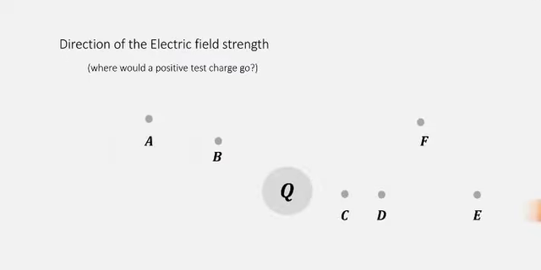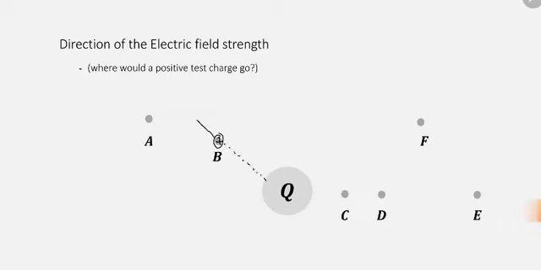So since we have a vector, we have to deal as well with the magnitude and the direction. Diba? The magnitude you can get from those two formulas. Pero saan ko ituturo yung aking vector arrows? So we have several points here. Let's assume na maglalagay ako ng same test charge on all of those A to F positions. Saan ako tuturo? Ang sabi dito, where would a positive test charge go? Yun yung convention. Ang direction ng arrow will be kung saan pupunta yung isang positive test charge. For example, kung maglalagay ka ng positive test charge dito sa B,